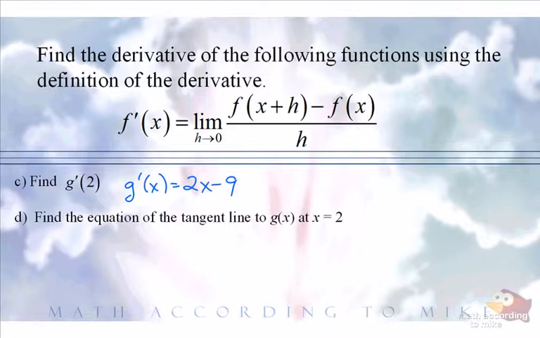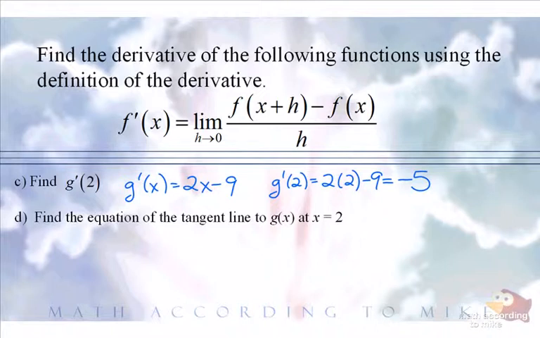So we'll say g prime of 2 is 2 times 2 minus 9, which is negative 5. So that says in English, the slope of the tangent line at x equals 2 is negative 5. The reason I'm saying it that way